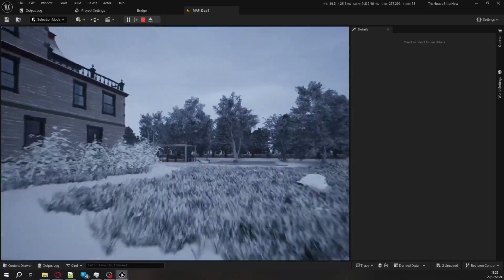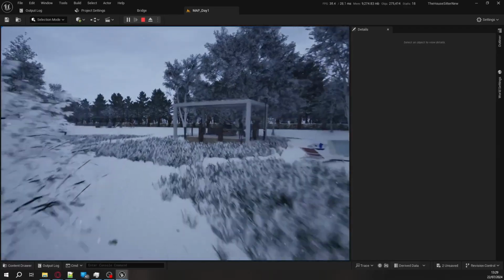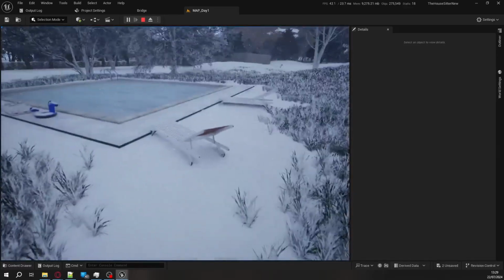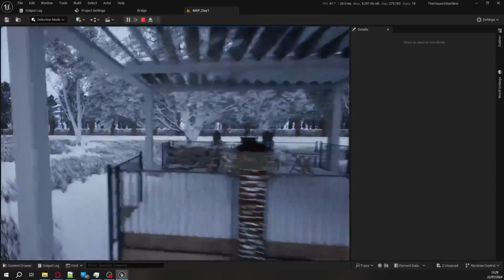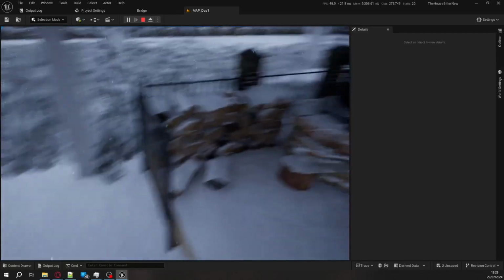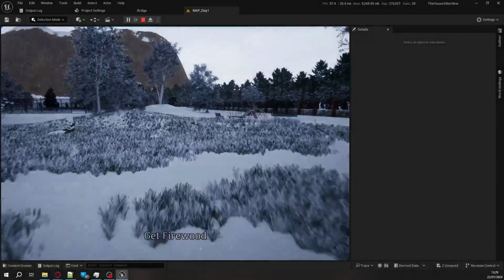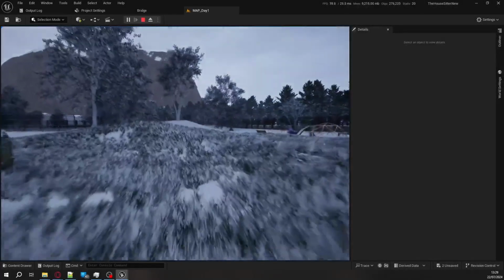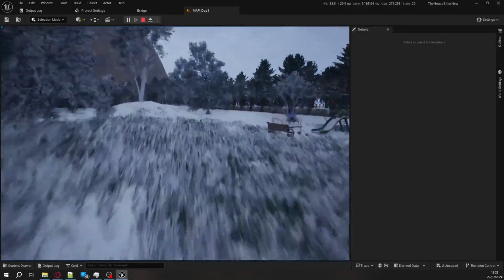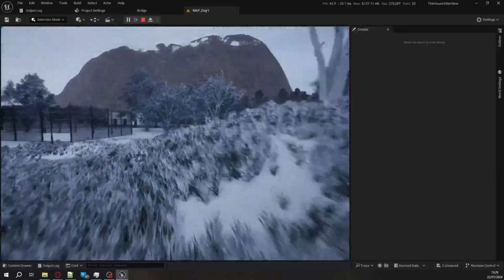Outside here, I don't know if I showed off the barn. Yeah, I've got a little outdoor barbecue area, which I think is quite nice. The game is really struggling today. I'm not sure what's going on. I think it's because I have OBS running in the background. Yeah, a little outdoor barbecue area, and then here past the tennis courts